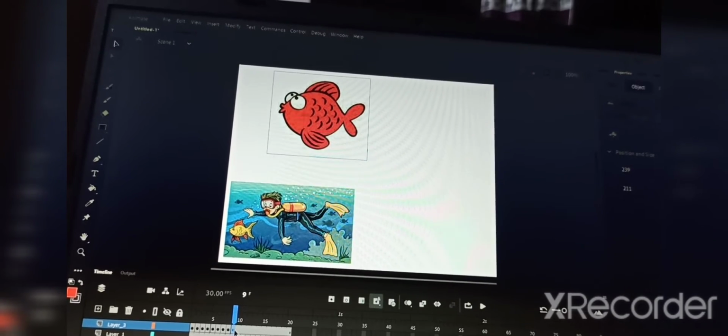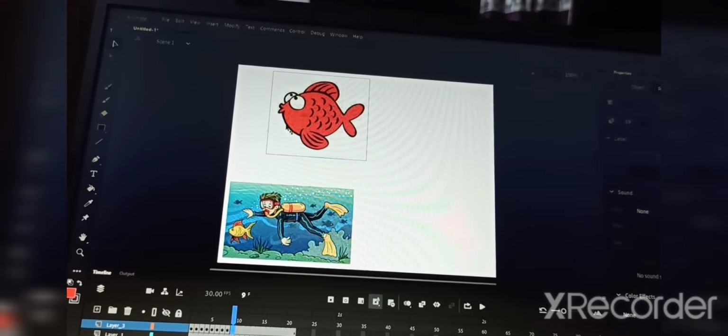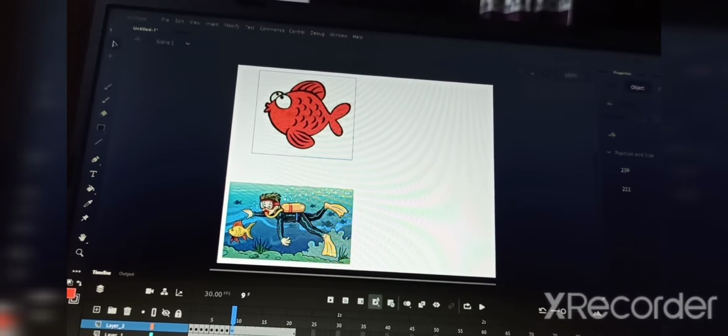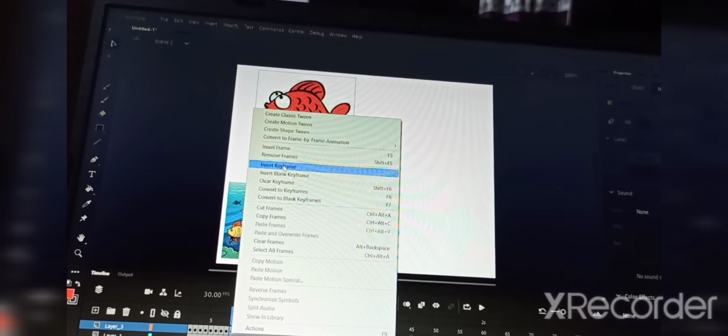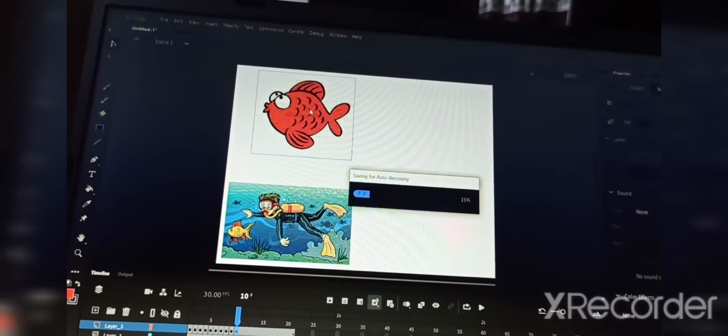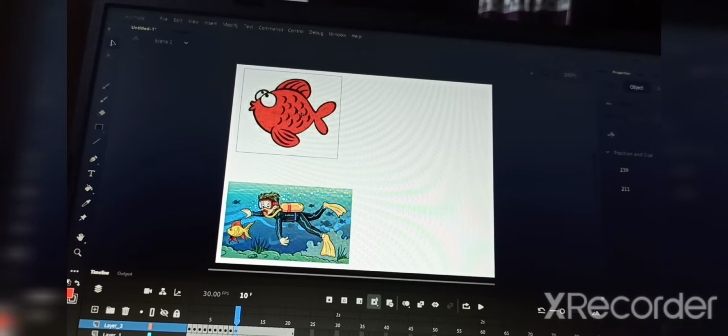Every time you are inserting, you have to move that layer to give the effect of animation. Getting like this? Now, adding the layer, adding the third keyframe, fourth keyframe like this.